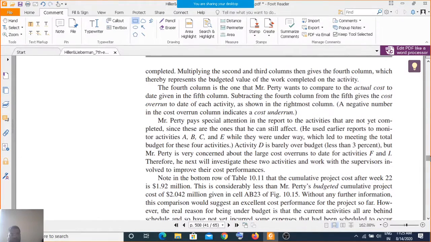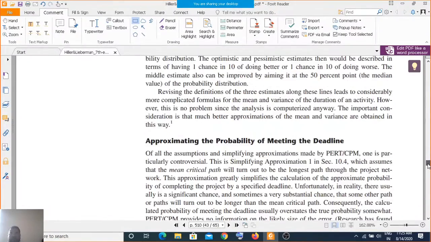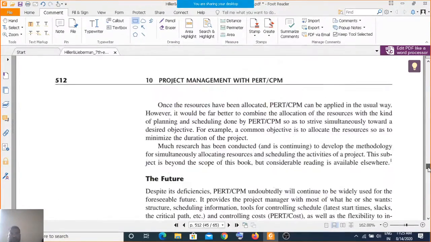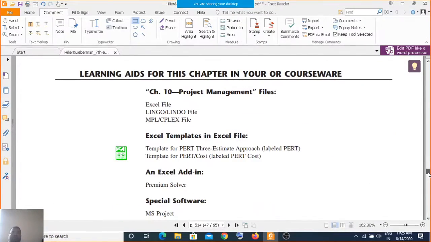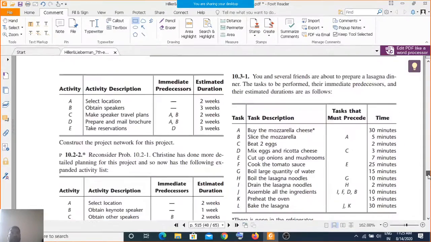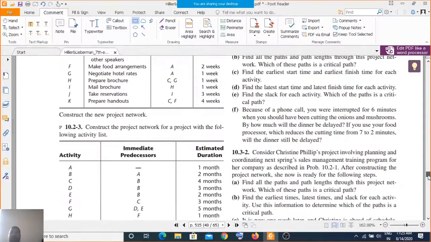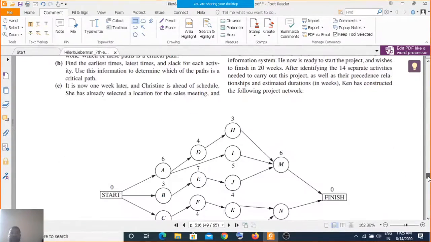This chapter is a total of 65 pages, out of which the first 30-40 pages are theory, and here you have a few examples. You have this 10.3, for instance, and you can go through it.